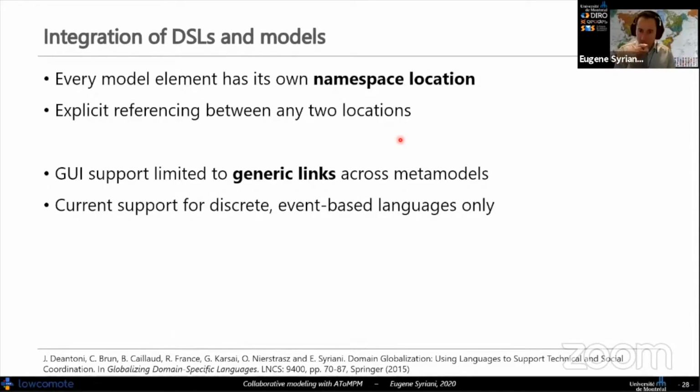And that's how I was talking about the active and the passive reference. So that's a property of the reference you can make there. So you can integrate and compose languages, models, whatever artifact you have in your model repository completely this way. But from a graphical user interface point of view, we only have a restricted version of that.